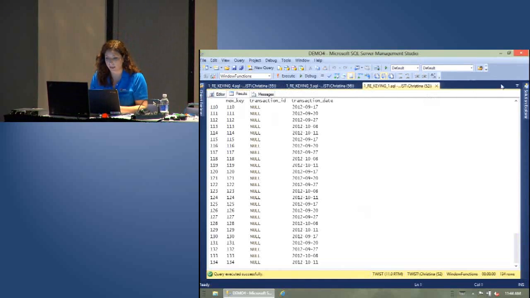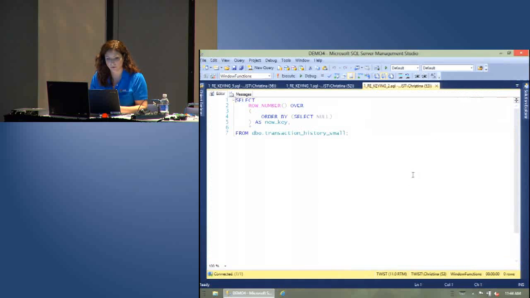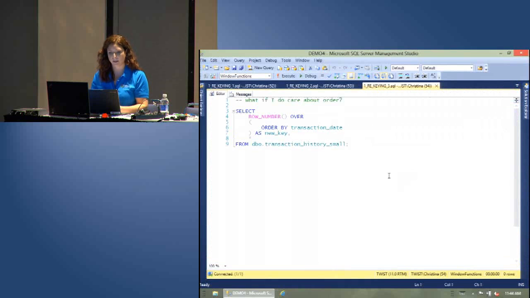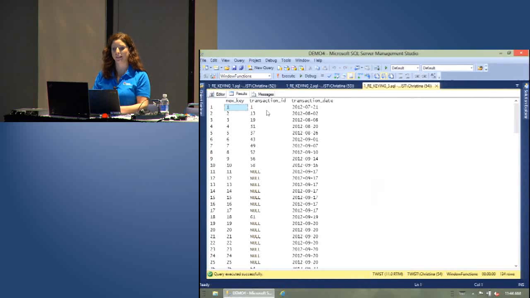But what if I am concerned about the transaction date order? In that case, I didn't care about the order, I just ordered by select null. If I want those results to come in as they arrived, I'm going to have to put order by transaction date in. Does that make sense? If I run this, now I see my row number changed,